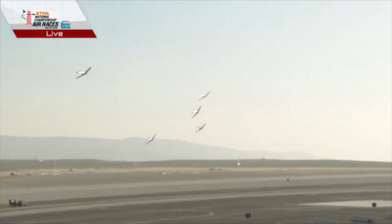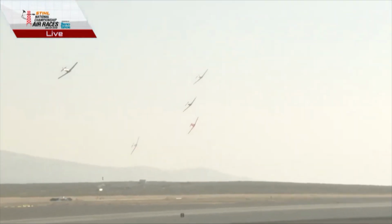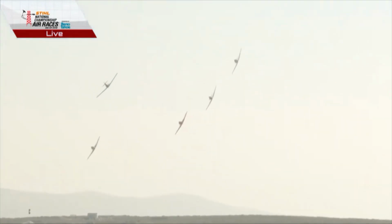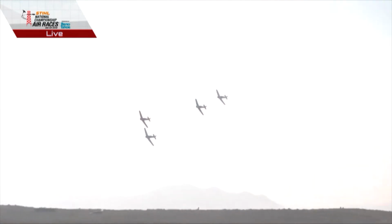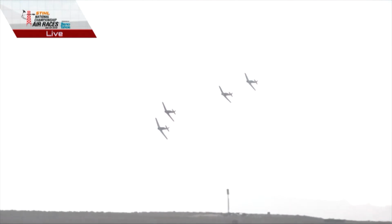Tommy, with all closed course pylon racing, that pole position is really vital. You can see they're bunched up all together. This is match racing between stock aircraft, and you can see them beginning to sort out as they make their way around